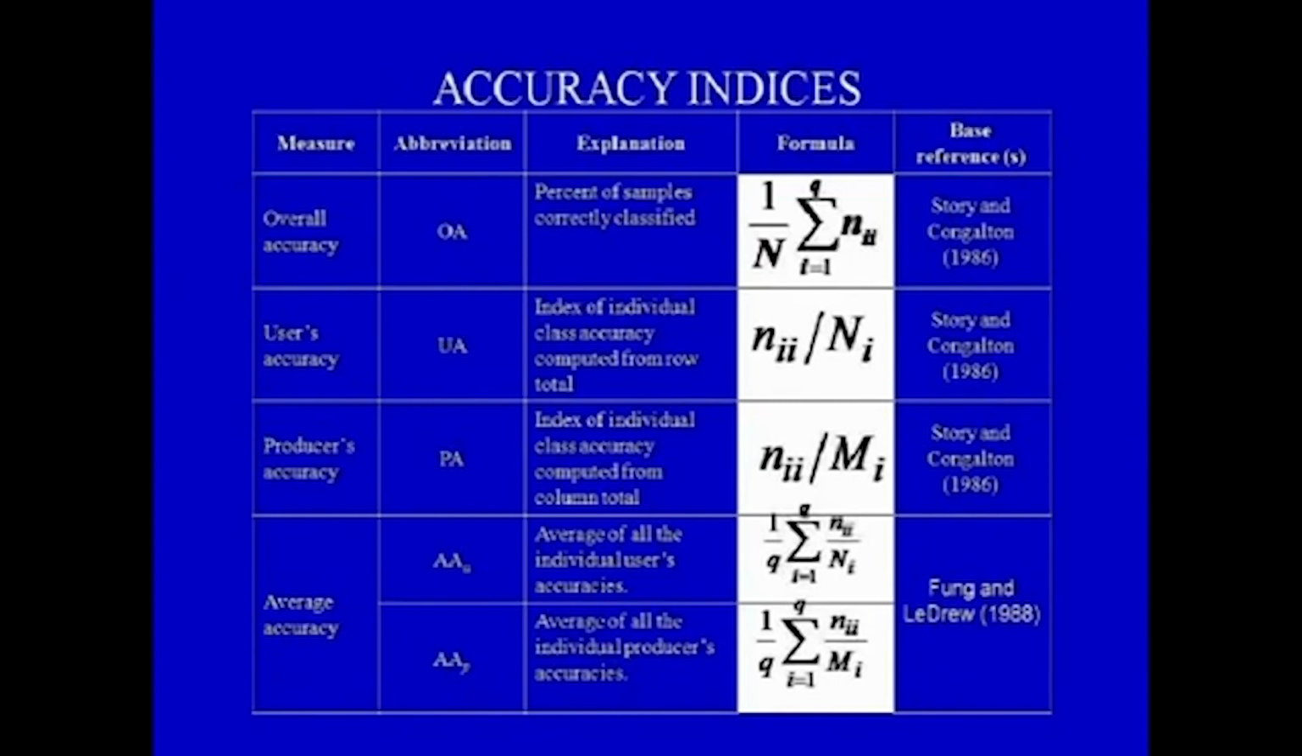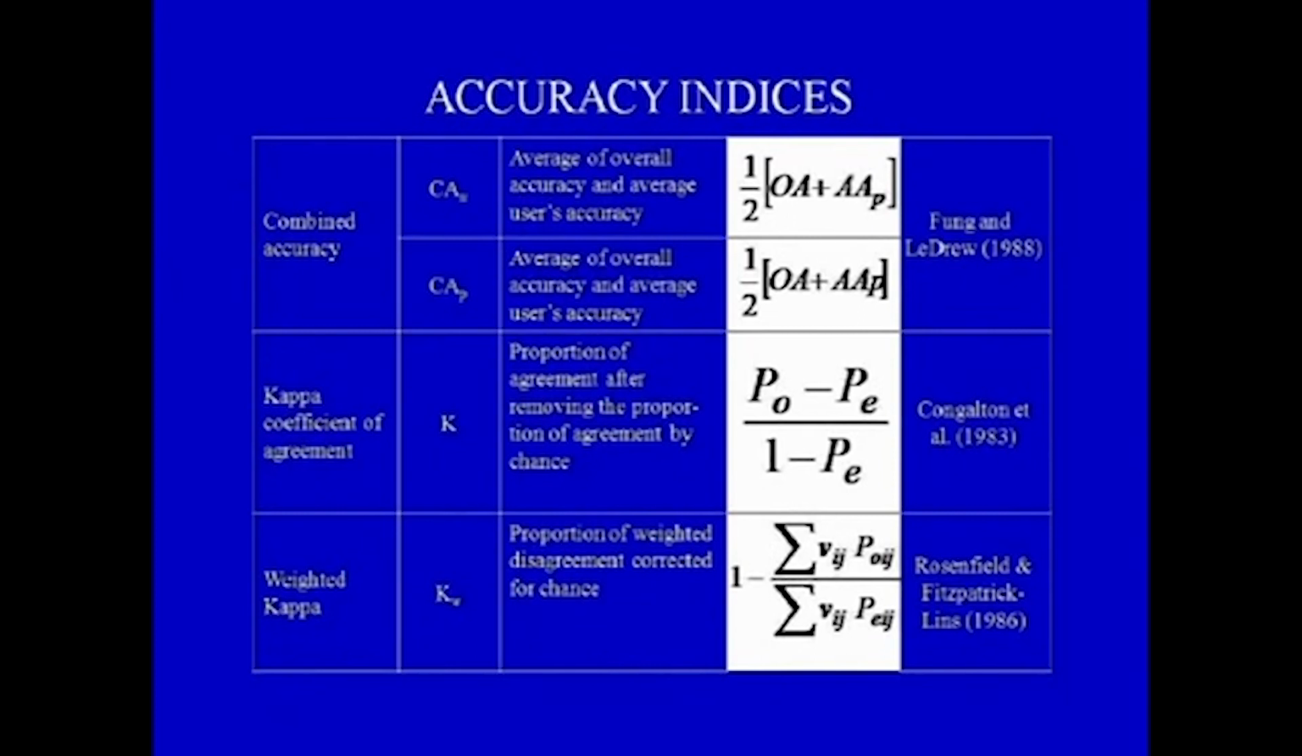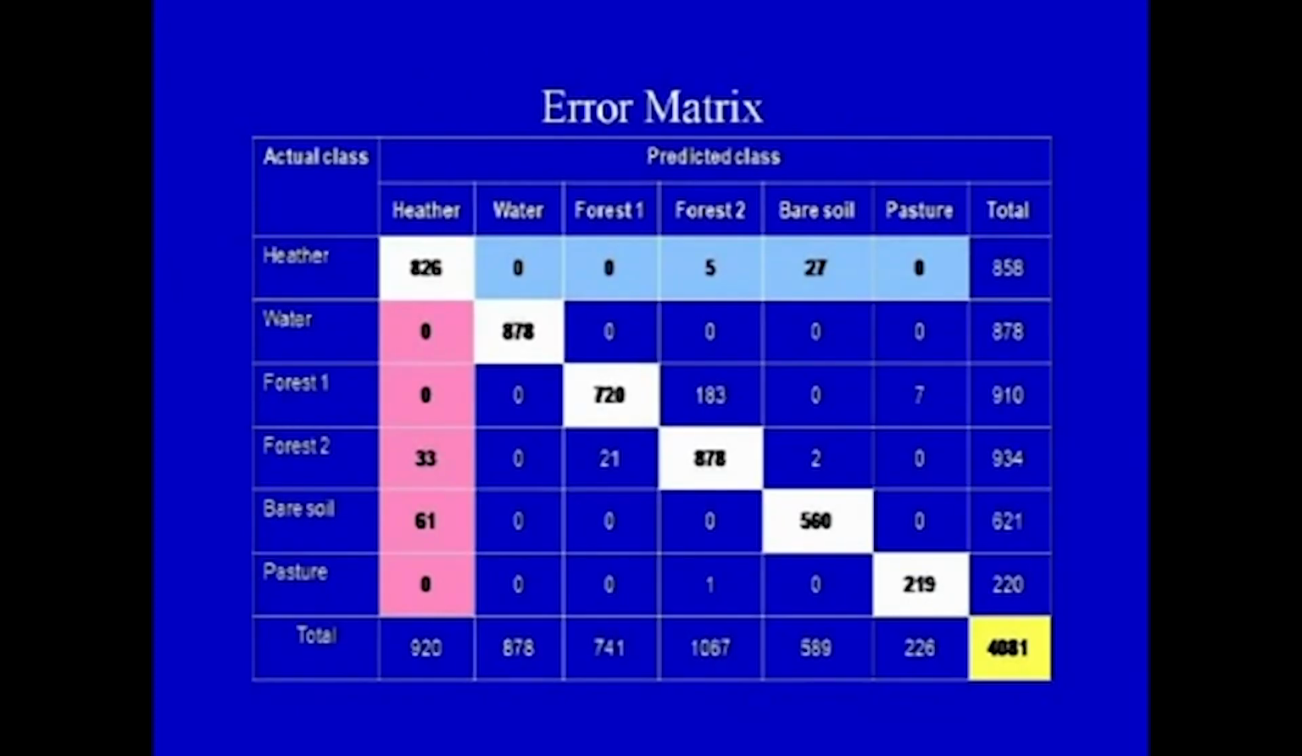The next is the user accuracy, where the index of individual class accuracies computed from row total is expressed, while producer accuracy is the index of the individual classes accuracy computed from the column total. Then we have other accuracy measures such as average accuracy, combined accuracy, kappa coefficient of agreement and weighted kappa. Well, we will have a look at all these accuracy indices with respect to the error matrix that is shown